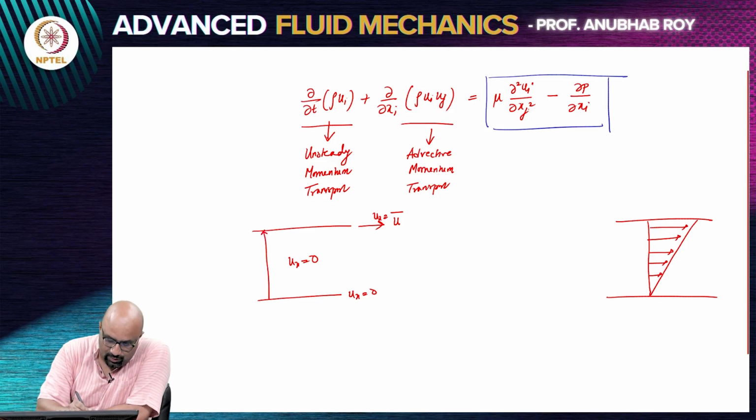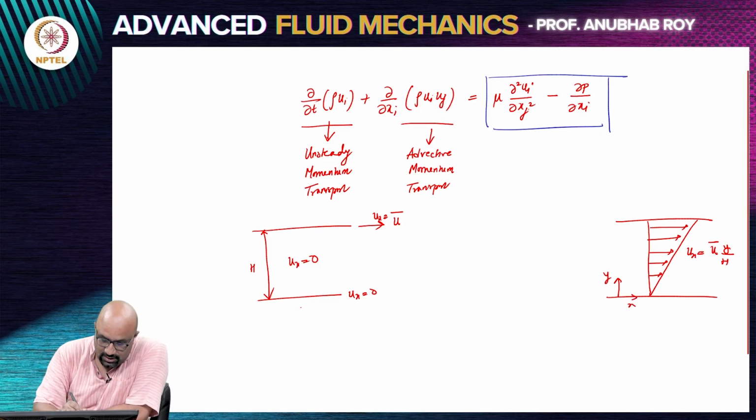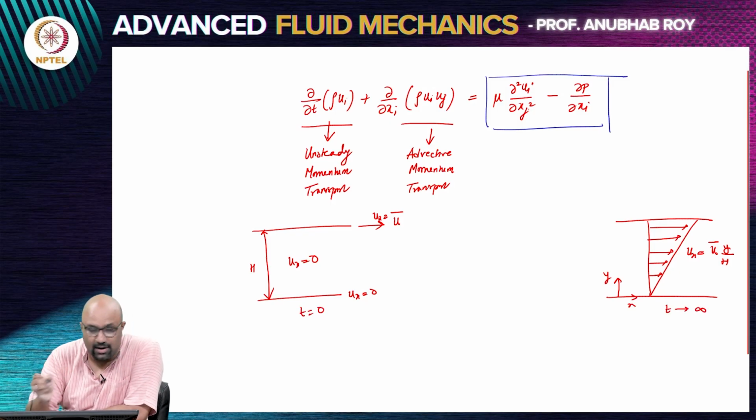So, if this gap was h, we obtained a velocity field that was u x equals u bar y by h, where y is the coordinate in the vertical direction, x is the coordinate in this direction. So, this was what we had at t equals 0, and then effectively what we did is we said that if we wait long enough, if we are waiting for the system to achieve a steady state, then the velocity profile that it attains was this plane Couette velocity profile. This is a standard calculation we did. What we didn't